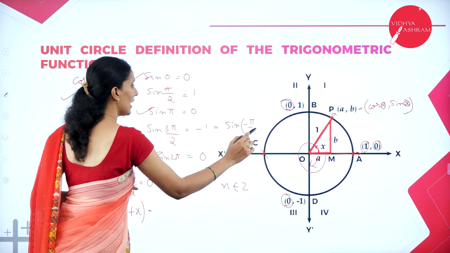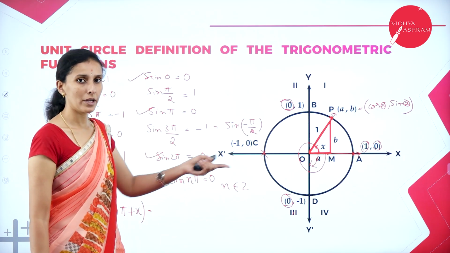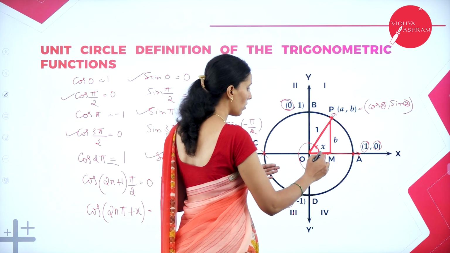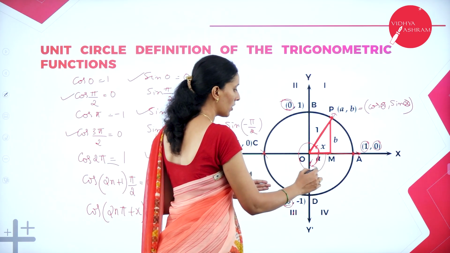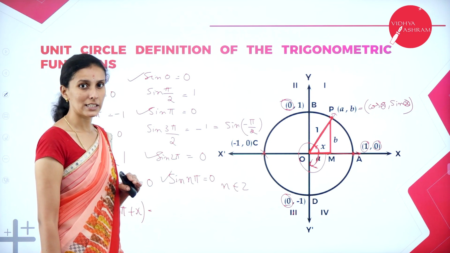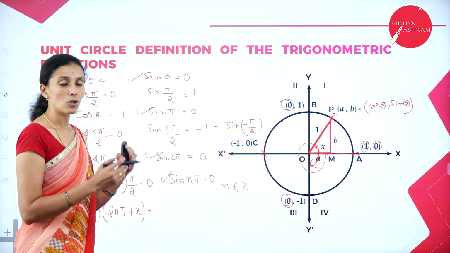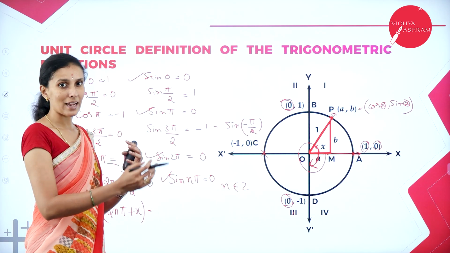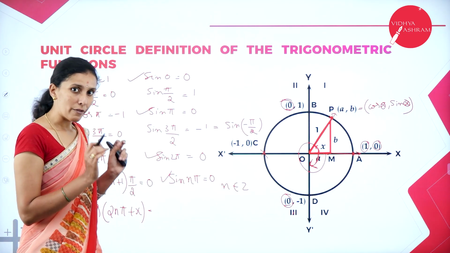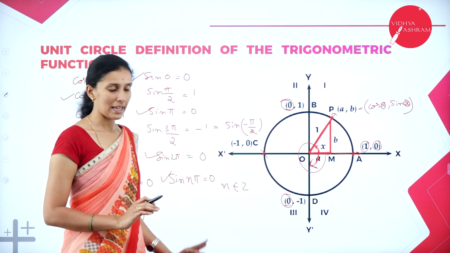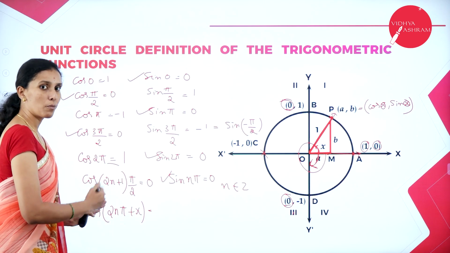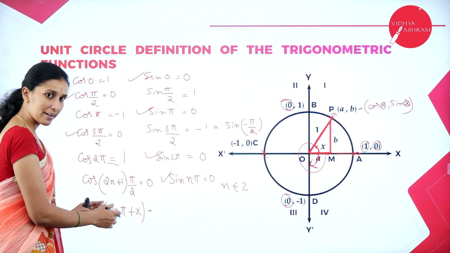This is nothing but your 90 also, but it is negative. Why negative? Because we have measured it in the clockwise direction. So if you take this as 0, the angle from here to here can also be taken as 90, but here it is minus 90. So for negative angles also the values will repeat, but the sign will change. That we will study later. But pertaining to the values, they will remain the same. So for one complete revolution, 2 pi. For more complete revolutions, we can write it as 2n pi.